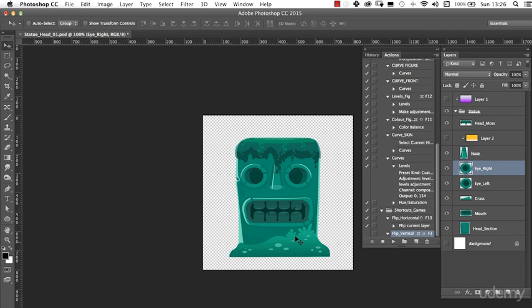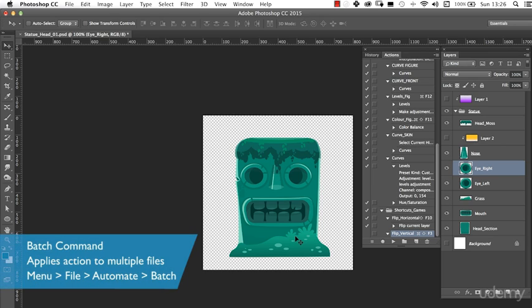Let's now look at actions in Photoshop. One of the biggest advantages is that you can actually record everything you do inside the program and then replay it to different layers. You can also apply actions to external files, so if you want to, for example, reduce the size of 100 graphics, you can apply a batch command that uses that action and automatically generates changes to